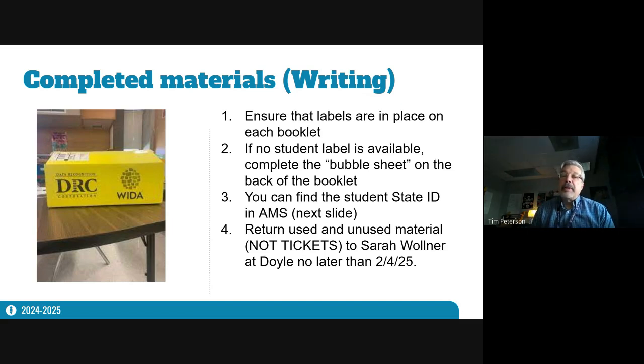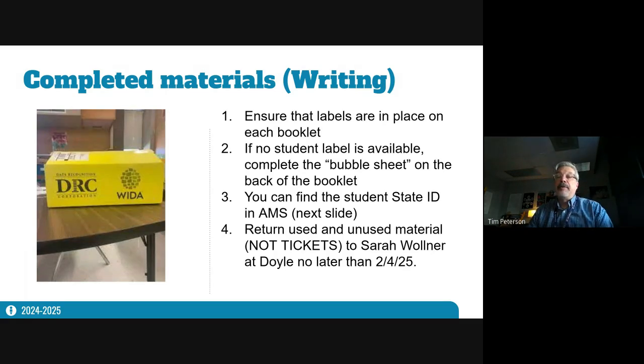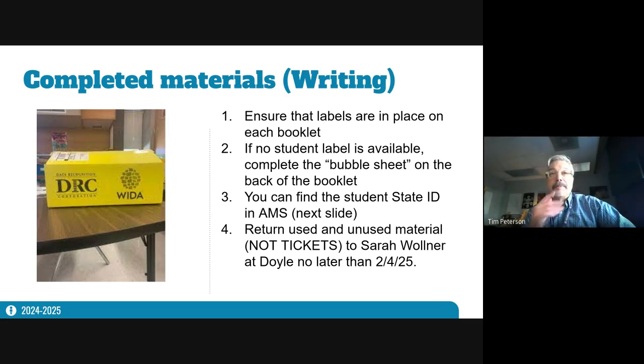The demographics, okay, yes, thank you. Please put a yellow school and district label on the front of the booklet because after all of this, we do want the student's information to be scored.